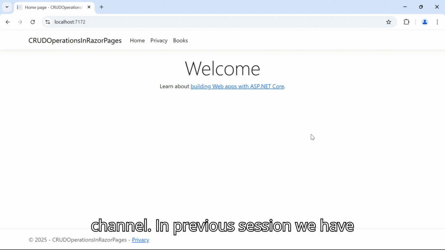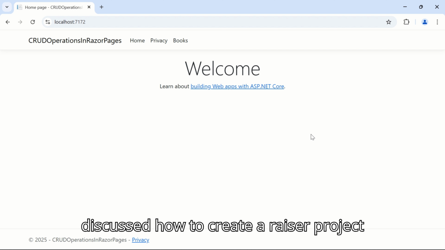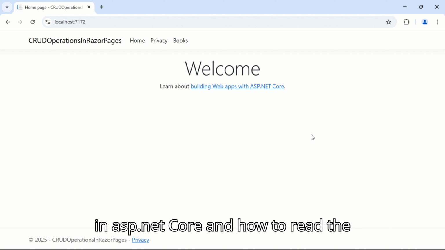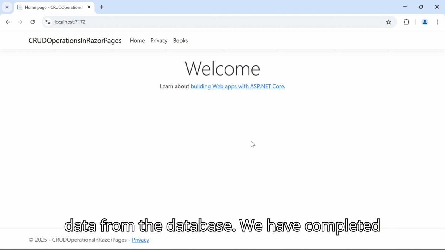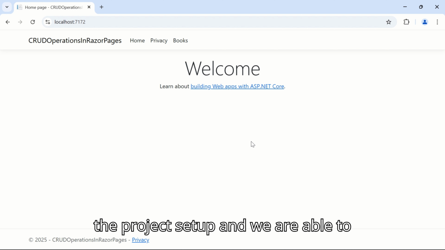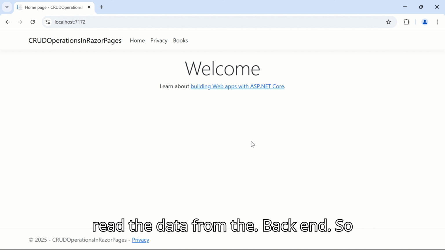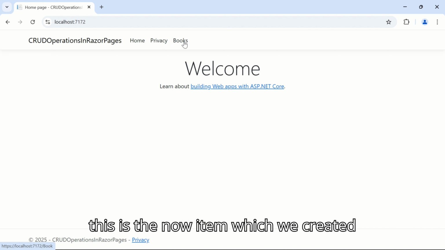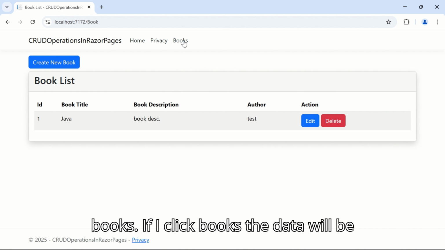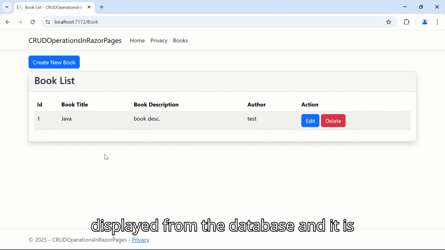In the previous session, we discussed how to create a Razor project in ASP.NET Core and how to read the data from the database. We have completed the project setup and we are able to read the data from the backend. So this is the nav item which we created, Books. If I click Books, the data will be displayed from the database and it is binding into the